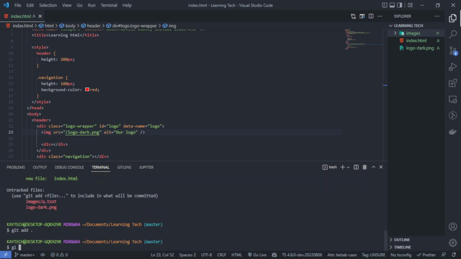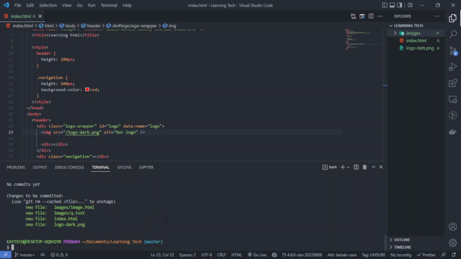So now I've added all the files in the folder with this command. So you can check this. You can see them now. Now there is no untracked file because we added all. So these are the changes to be committed. So if you want to commit,